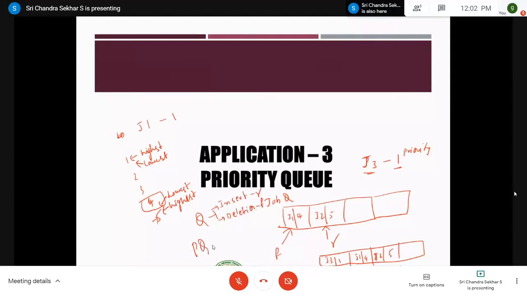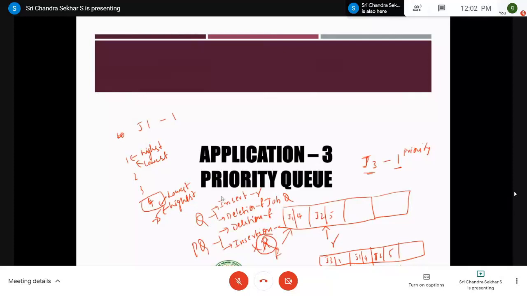But in a priority queue, remember that deletion is always done at the front part only, but insertion may not be at the rear part. Whenever you want to insert an element into the queue, you have to make the rearrangements.